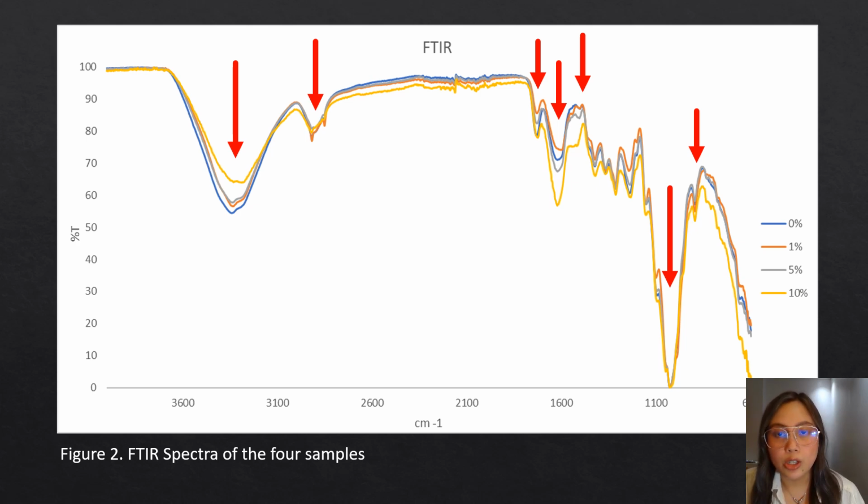Based on the result, I can say that the hemicellulose and lignin content of the fibers have been removed up to a certain percentage only. It can be said that 5% treatment showed the best result based on the consistency and the decrease of peaks, since the hydrocarbons at 2,980 and 2,852 per cm for 1% are still intact compared to 5%.